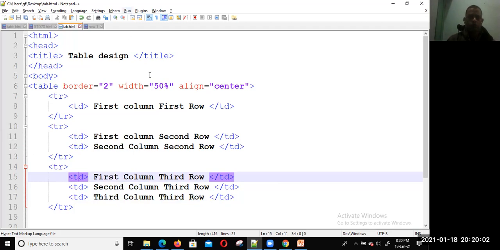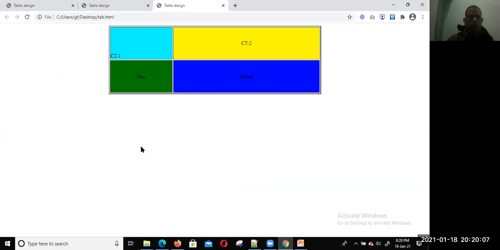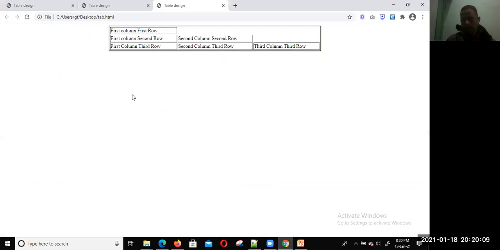Checking the output, we can see the first row has only a single column, the second row has two columns, and the third row has three.